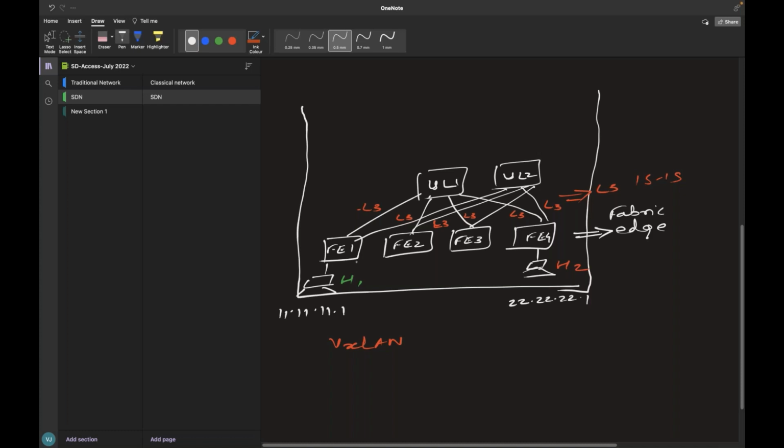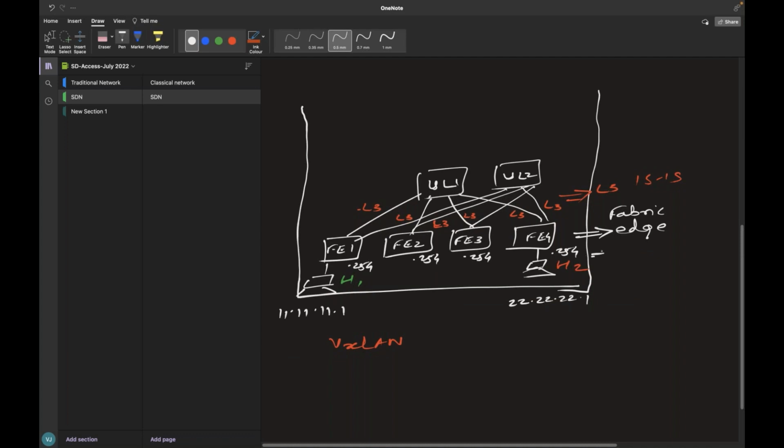Where will the gateway be, right? That's the question. So all fabric edges, fabric edge 1, fabric edge 2, fabric edge 3, fabric edge 4, will have gateways configured. So for example, for 11.11.11.1, my gateway 254 is configured here, 254 configured here, 254 configured here, 254 configured here.